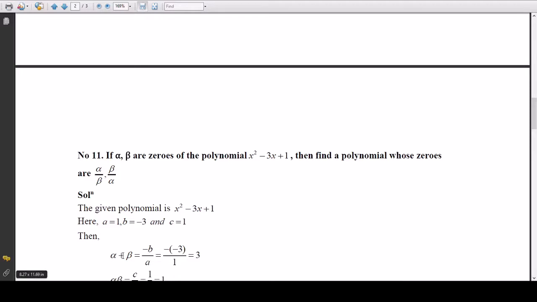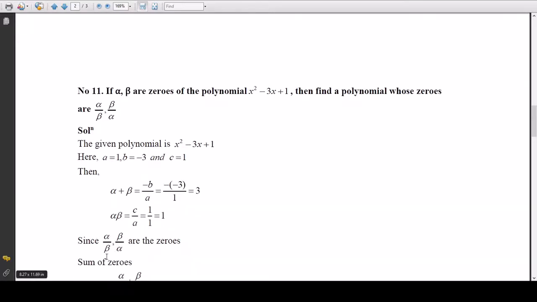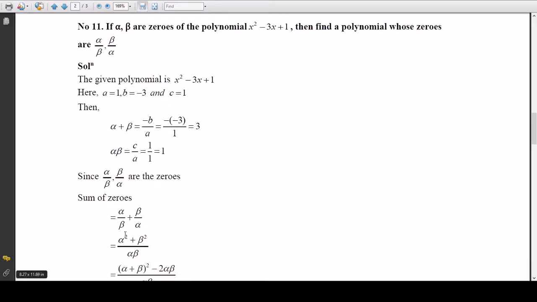Now let us find out the sum of zeros. Minus b by a, that is minus of minus 3 by 1, which is 3. And the product of zeros, c by a, 1 by 1, which is 1. Now since we need to find a polynomial whose zeros are alpha by beta and beta by alpha, let us find the sum and product of these zeros. Okay, the sum of the given zeros, alpha by beta plus beta by alpha, will give us